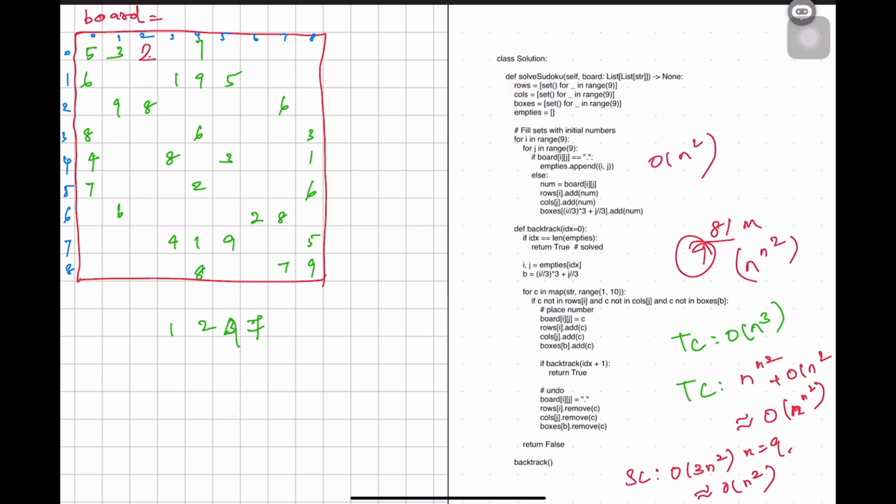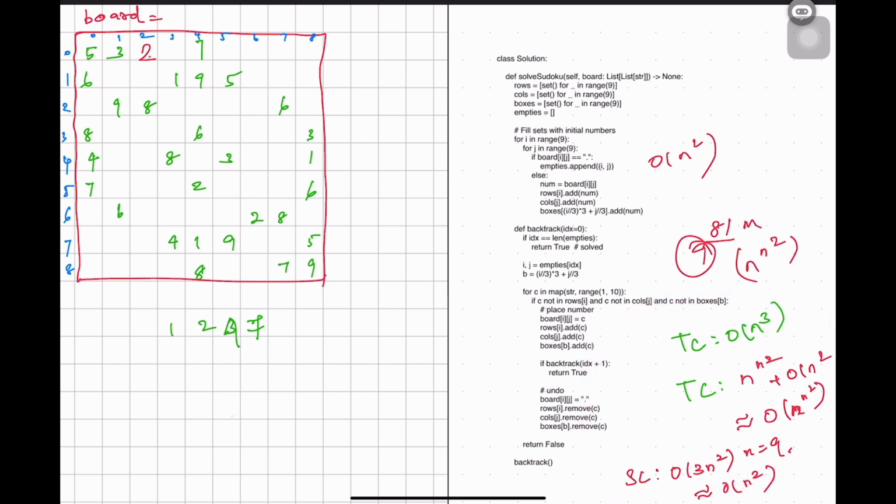Why we are storing in rows and calls is basically because for each value you would have to keep on traversing every row, and by storing we can avoid that. For finding another value, you have to traverse through each column and all this, right? So the same column will be called again and again. Instead of that, if you store, you can check it in order of one. So that's what we are doing to avoid that.